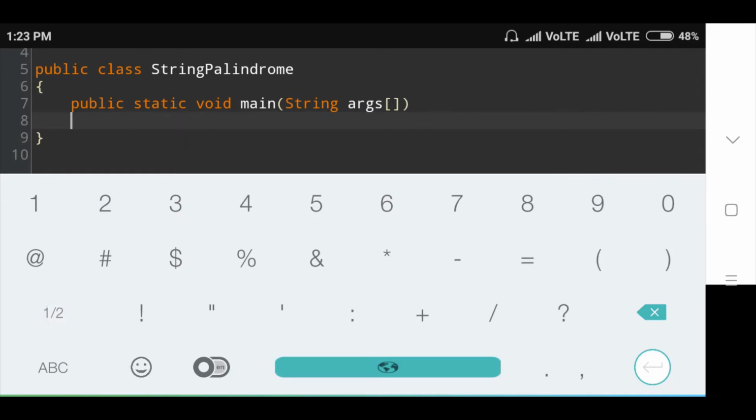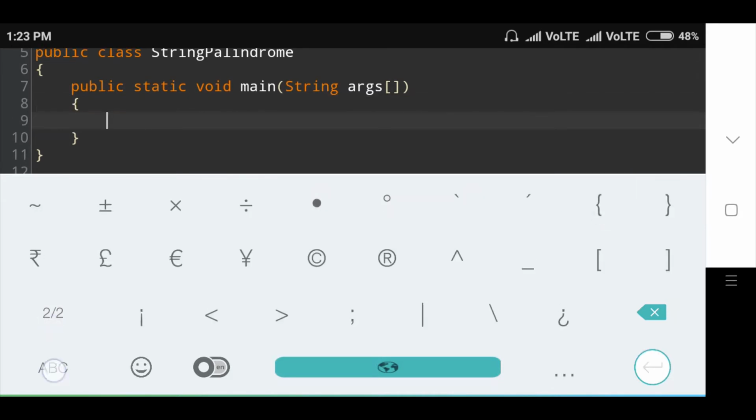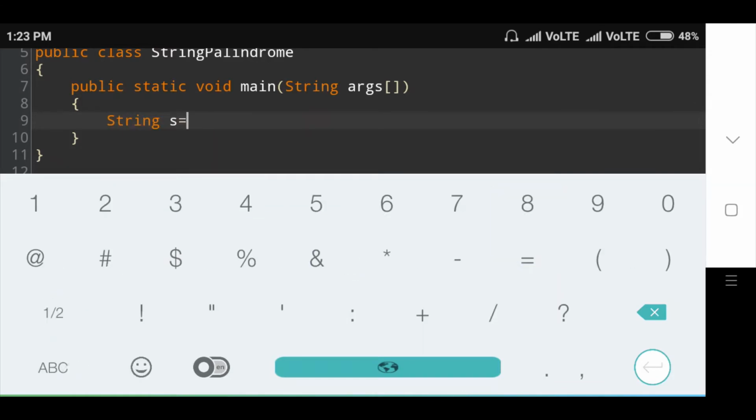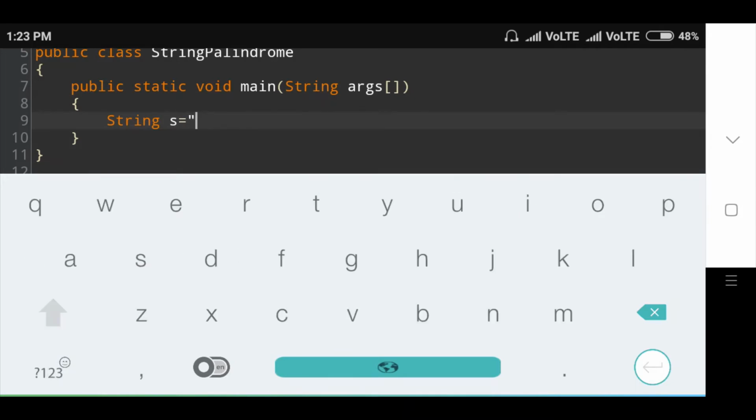Inside this main method I will declare String s is equal to "madam".